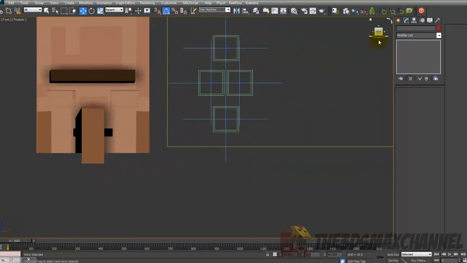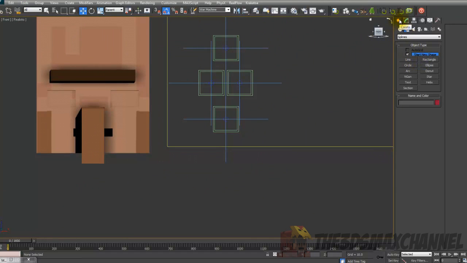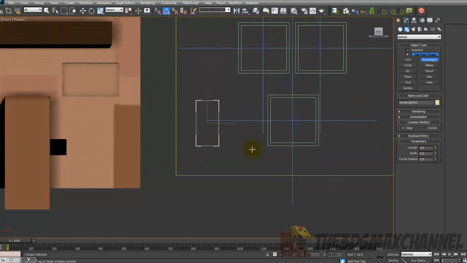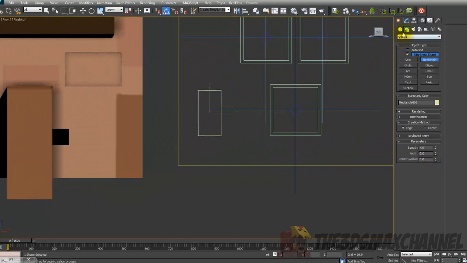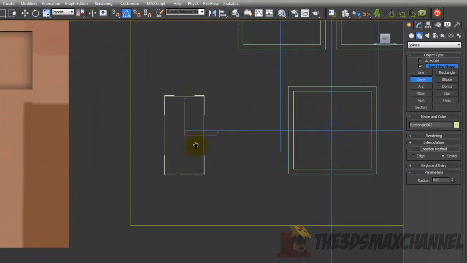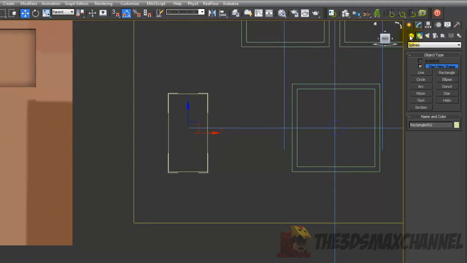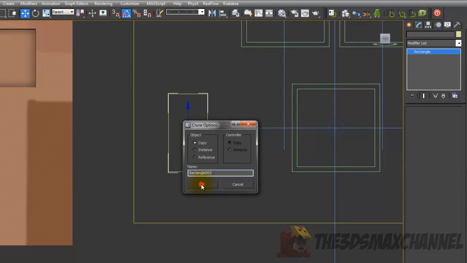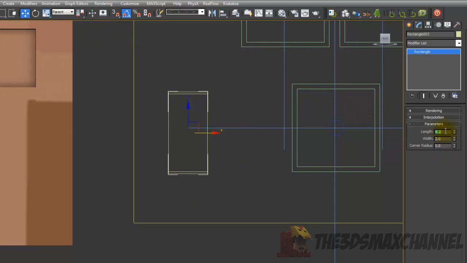What you're going to want to do now is again go to the Create tab, Shapes, Rectangle, and create another rectangle and change the length to 4 and the width to 2. And then after you've done that, again, just like we did for the square, Control V. We've got the clone option. Press OK. 4.5, 2.5,